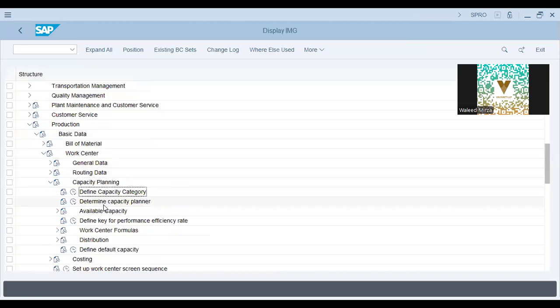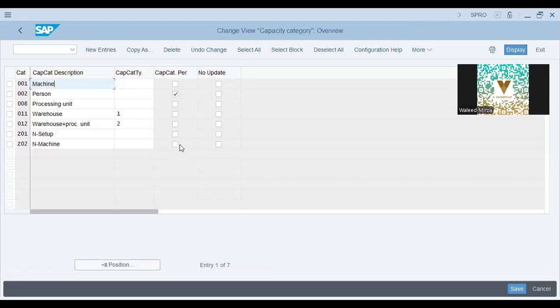Define categories. Define capacity categories. Okay, the categories that we have here are